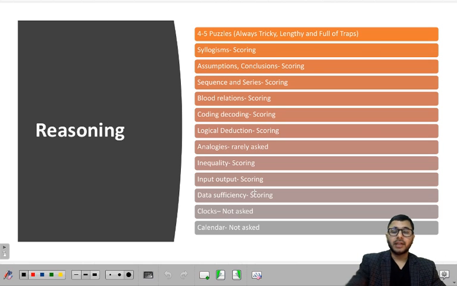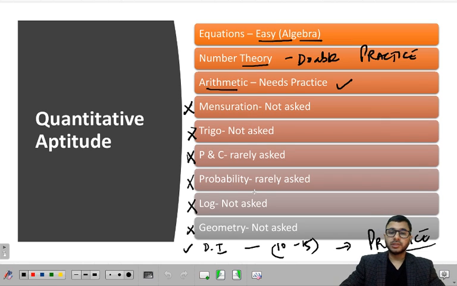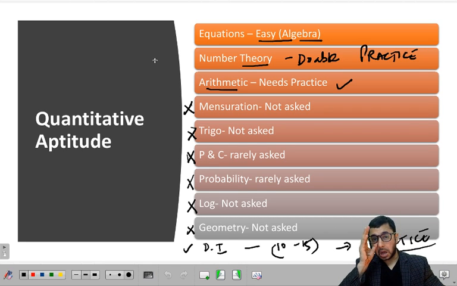Okay, and what are the books or sources that can be used? See, there are a lot of good quality and bad quality videos on YouTube. So the filtration has to be done by you only, with respect to how to cover these areas. Number one, do not rely only on books now. The reason is that all these methods and ways of solving questions that are available in books are old.